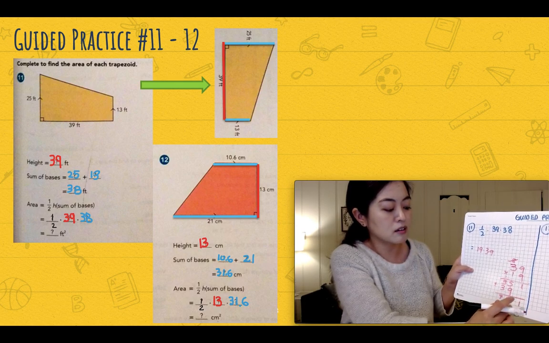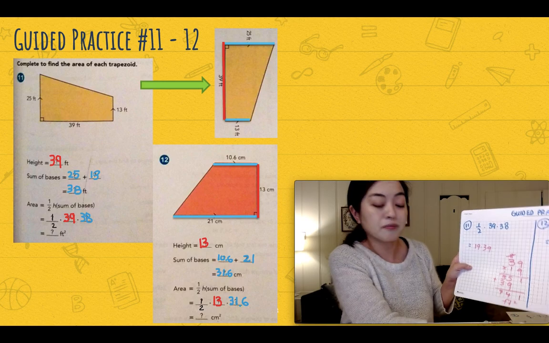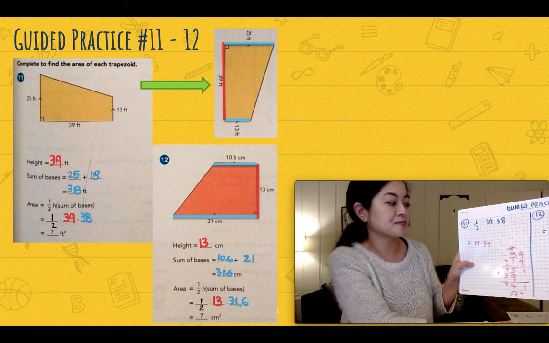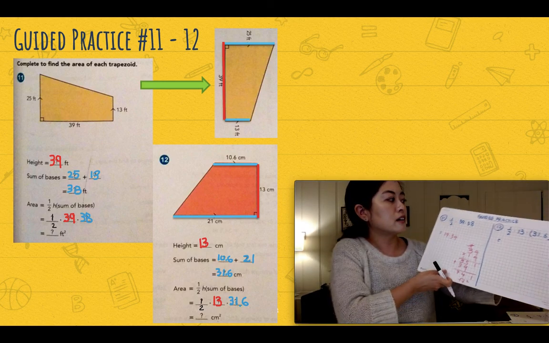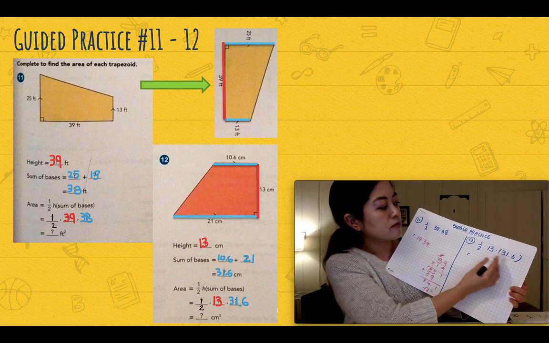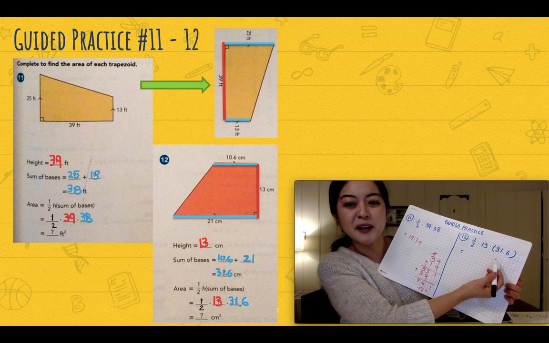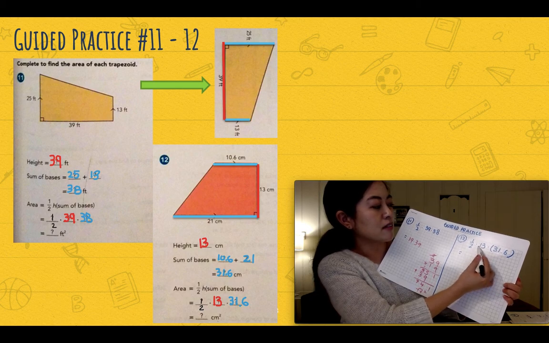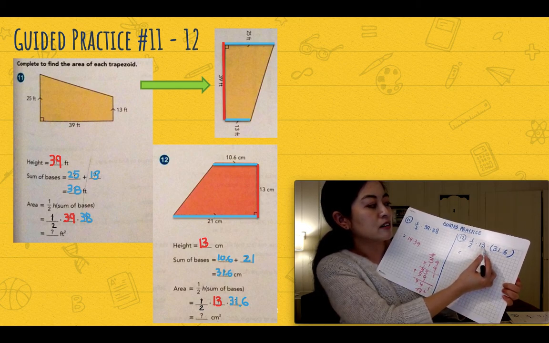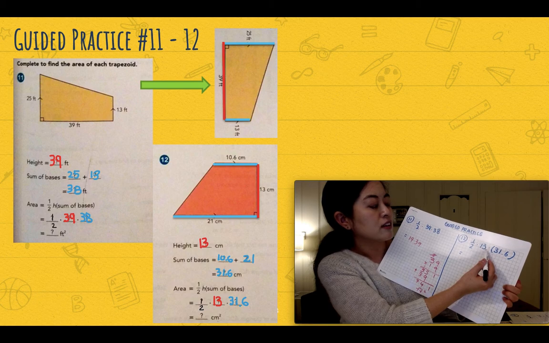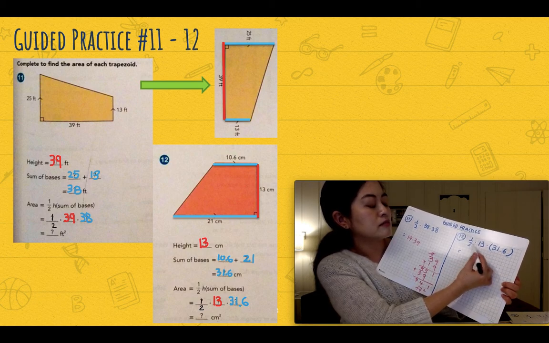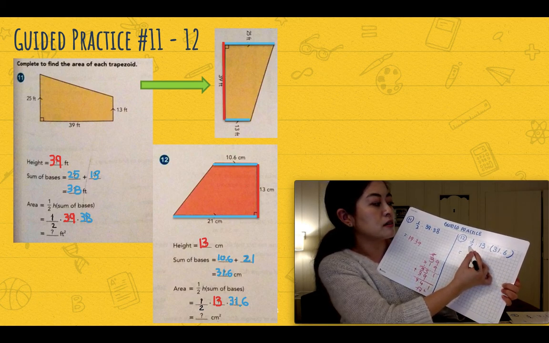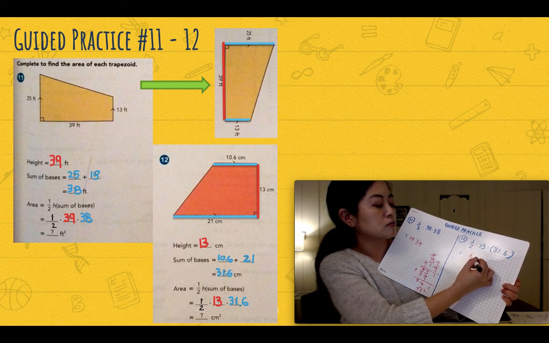That should be a T. All right. Okay, let's look at number 12. These numbers are hard for me to find half of. I guess half of 13 would be 6.5, so maybe I'll do that first. So 6.5 times